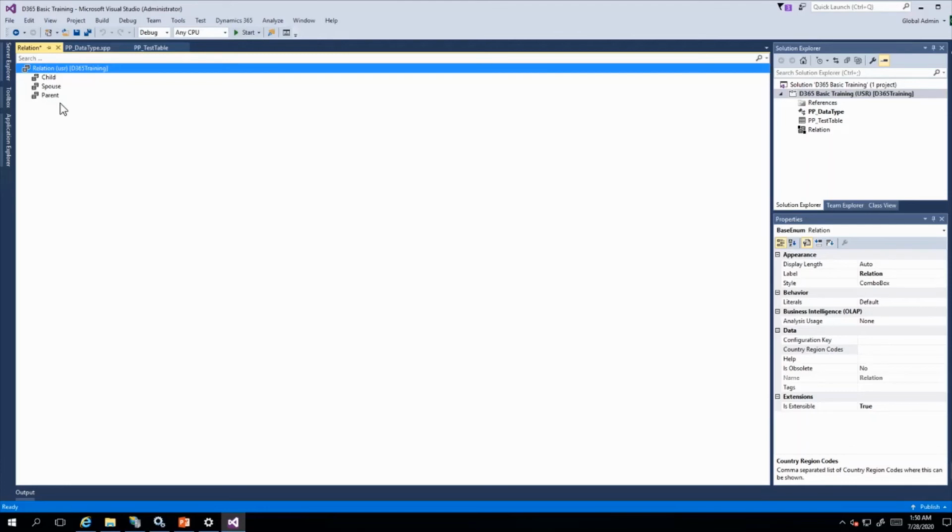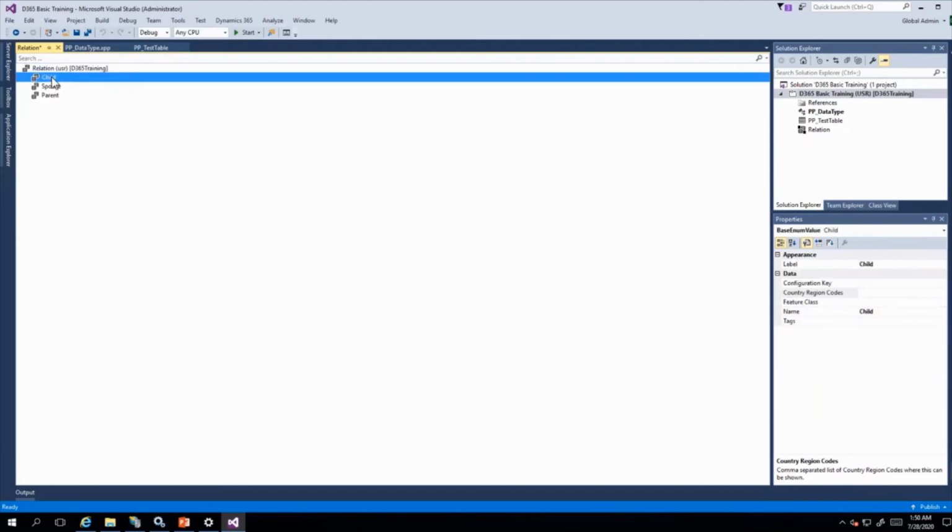And by default any elements, like we have seen child, spouse, parent, take values in the order in which they are created. So first we created child, the first element has the value 0, the second element has the value 1, and so on. So we can declare up to 251 literals in a single enum type. So 0 to 250 we can define the elements in this.